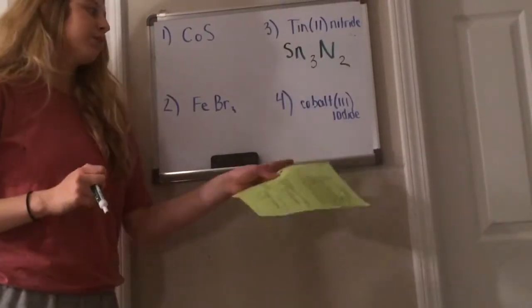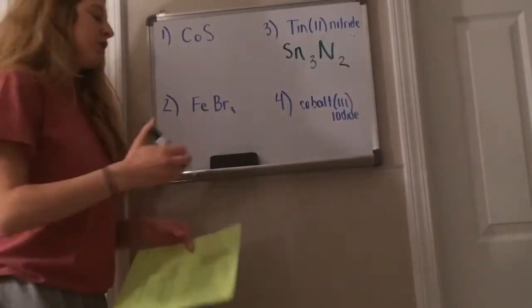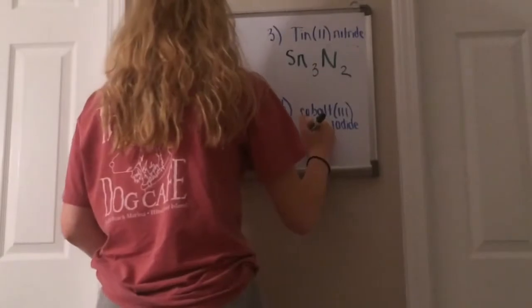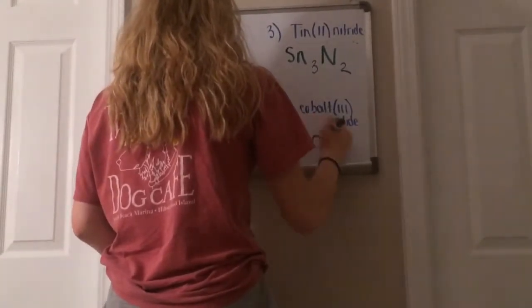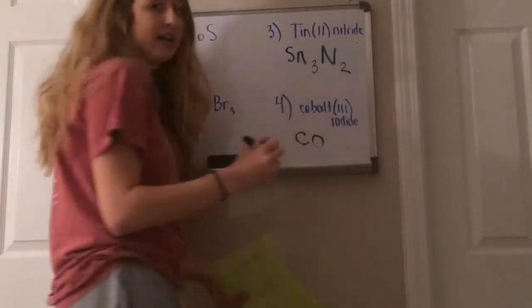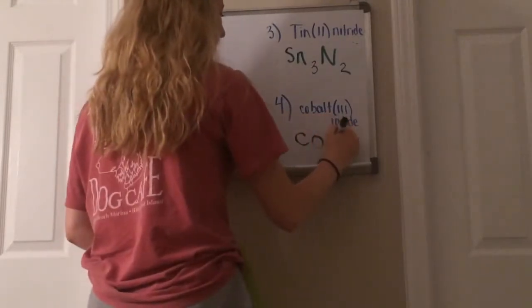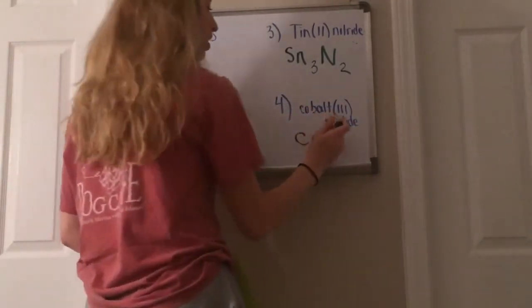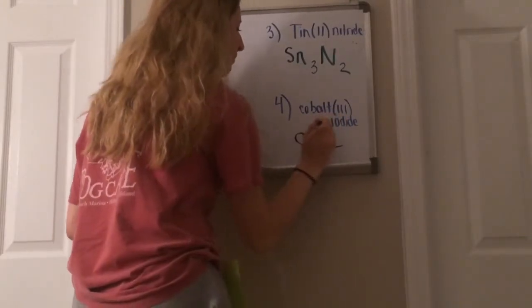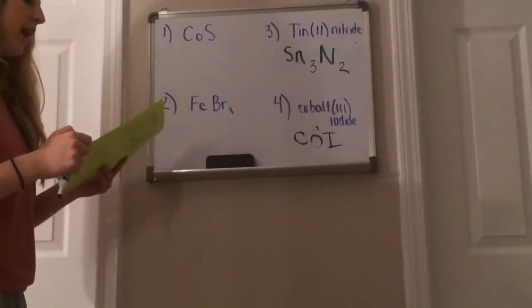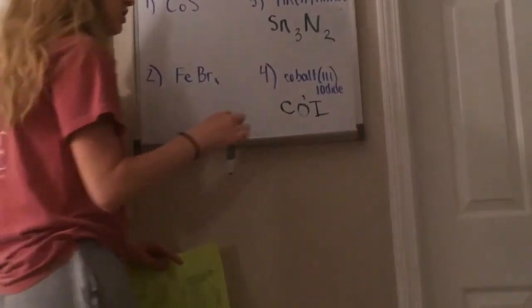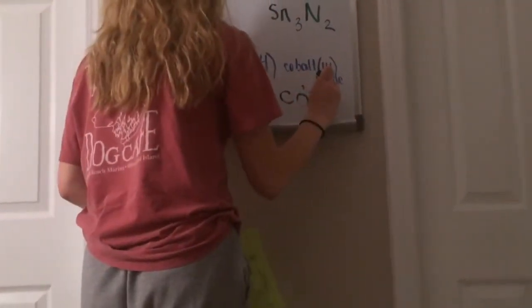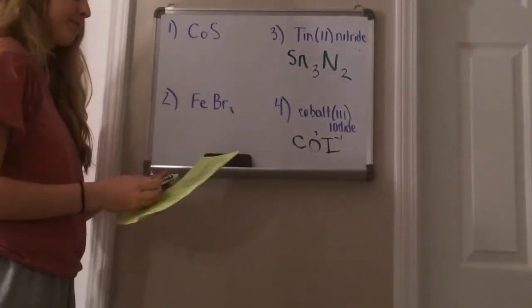Now let's look at the last example. We have cobalt(III) iodide. So cobalt, which is Co, and then iodide, which is iodine, is I. So it's telling us that cobalt has a charge of 3. So let's just write that right above cobalt. And iodine has a charge of -1. That doesn't